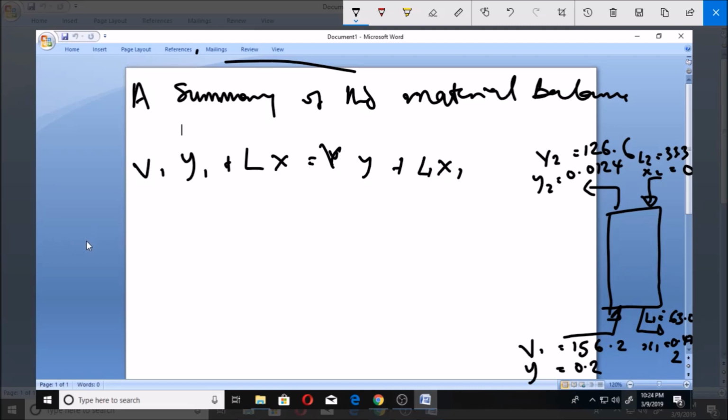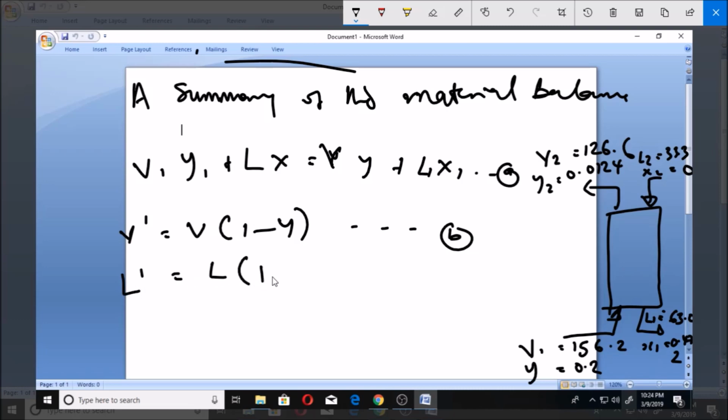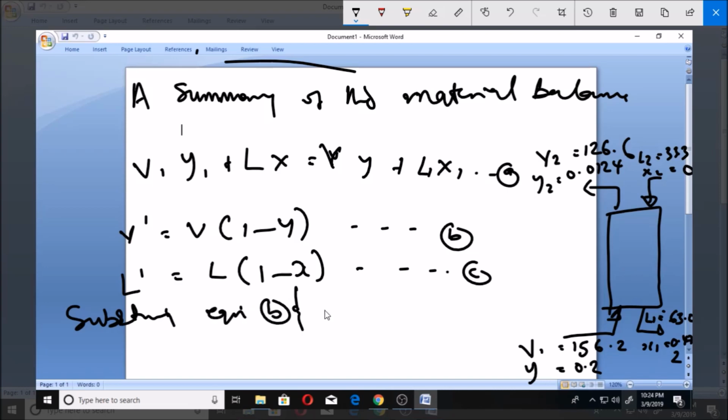This equation must be written in terms of the non-diffusion component, and if you write it in terms of non-diffusion component, we have V prime equal to V bracket 1 minus Y. Taking this as equation B, we take this one as equation A. Now L prime is equal to L bracket 1 minus X, taking this as equation C. Now if you make this material balance and you substitute equations B and C into equation A, we are going to have that V prime bracket